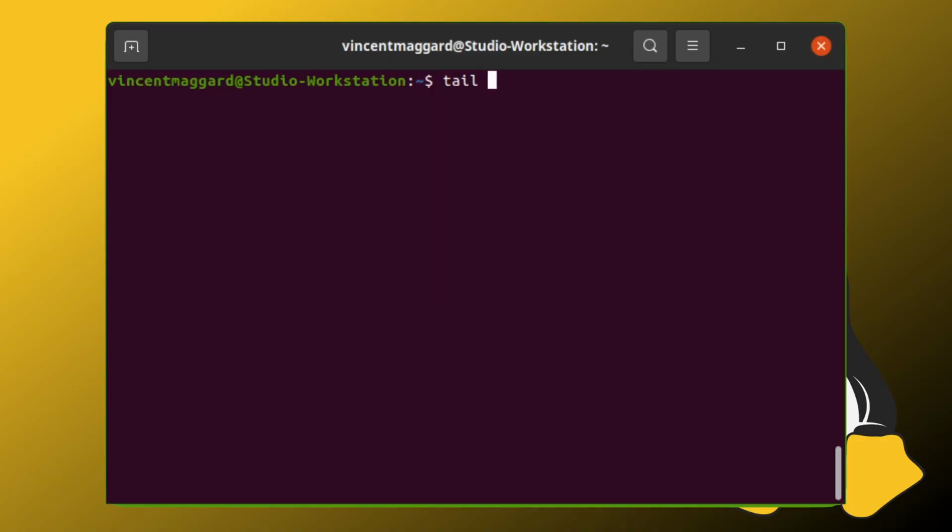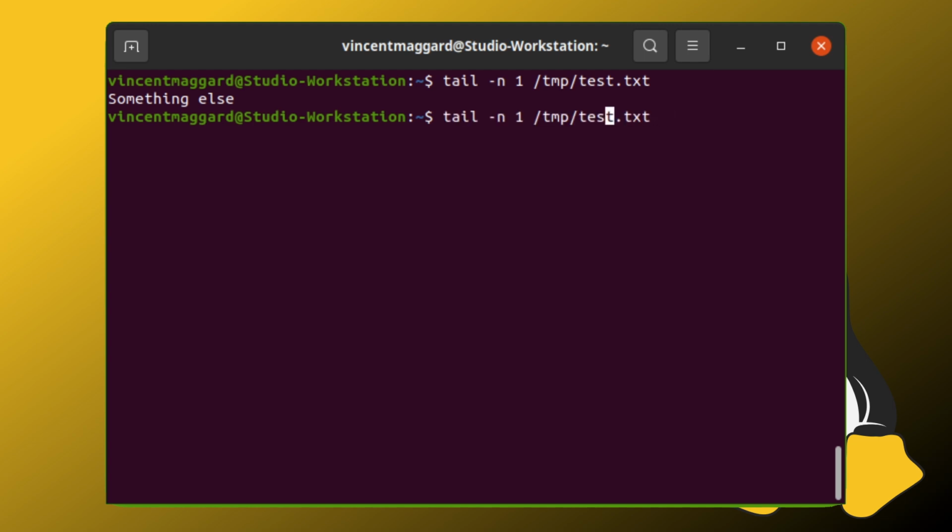Another interesting utility on Linux that I think is useful though, it's called the tail command. The tail command allows you, let's say you wanted to get the last X number of lines from a file and display it from the end. Okay, great, that's easy. So for example, I could do tail space dash n space number of lines. So I'll say 10, for example, here. And then I give it the name of the file here, hit enter, and just like that, we're able to look at those lines.